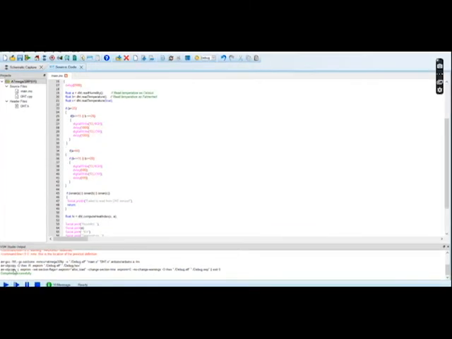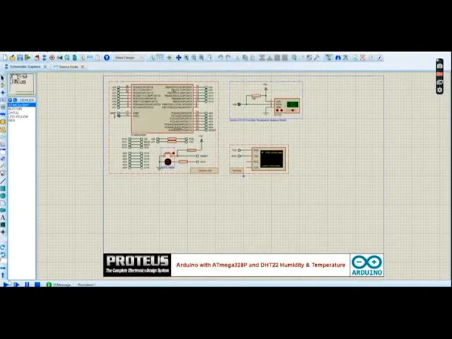Now that I compiled my code successfully, in the schematic capture I will run the simulation and after 2 seconds the LED will blink. As I have set my relative humidity to 20 and temperature to be around 10, which is less than 15 degrees centigrade, and the relative humidity is less than 25, therefore my LED will blink after every 1 second in the first if statement.